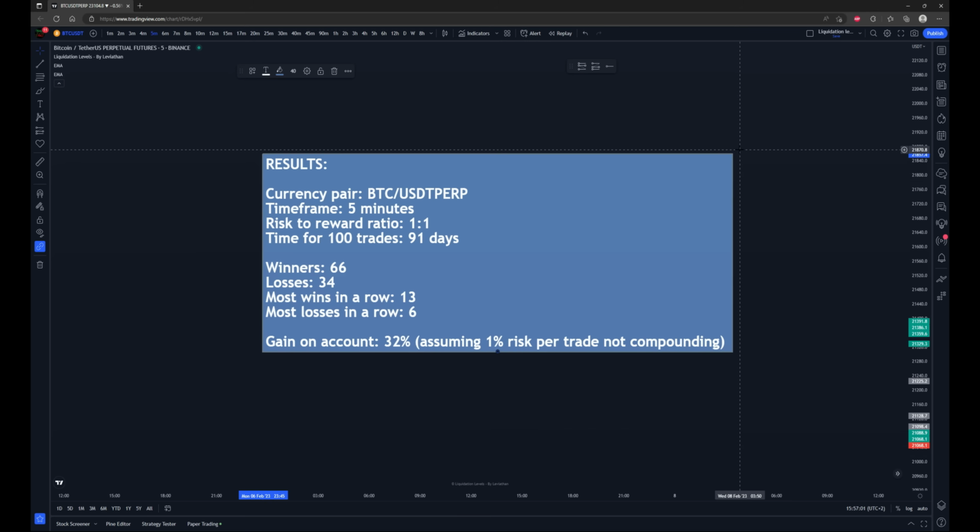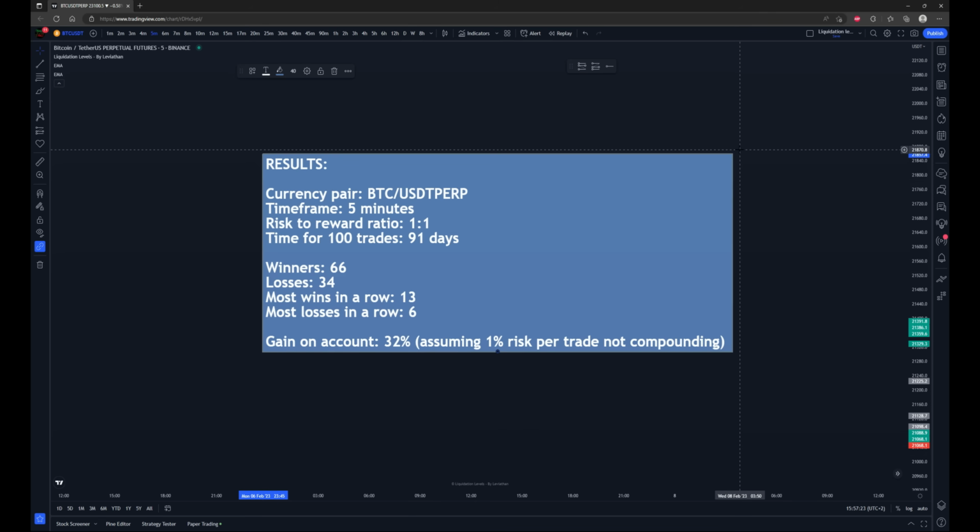So we'll check it out on the strategy ranking spreadsheet to actually confirm that. But the most wins in a row was 13 and the most losses in a row was 6. The gain on the account, 32%, assuming a 1% risk per trade and not compounding. So 32% gain on the account, incredibly good for a 1-to-1 risk to reward ratio, where normally using a 1-to-1,